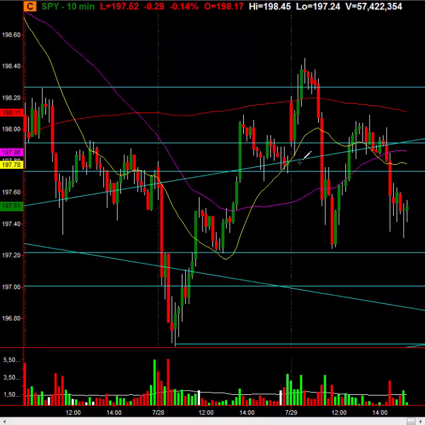And again, look for this line here, which we're closing below. If we close here today, we would be below, but you still need confirmation. And confirmation could come tomorrow, or if they shoot the markets up, then you don't confirm, and then you go to 2,000 on the S&P. It's really easy to look at the charts and be able to tell what's going to happen.